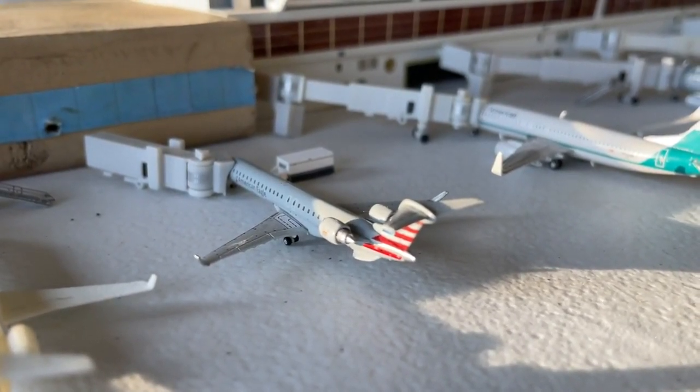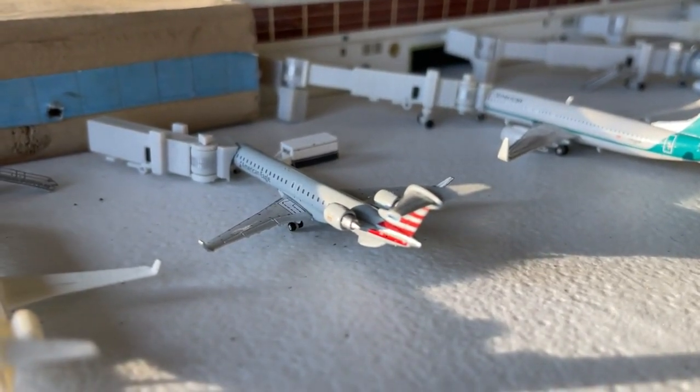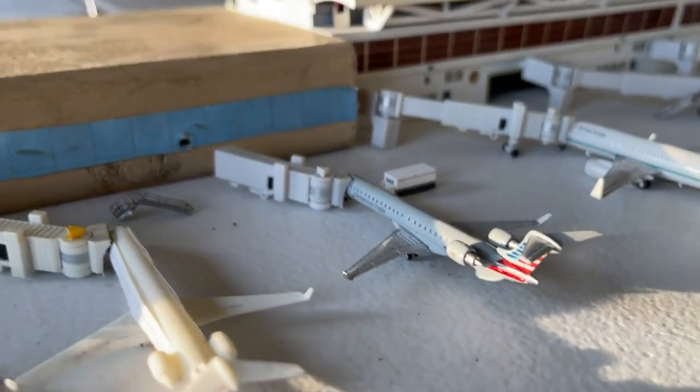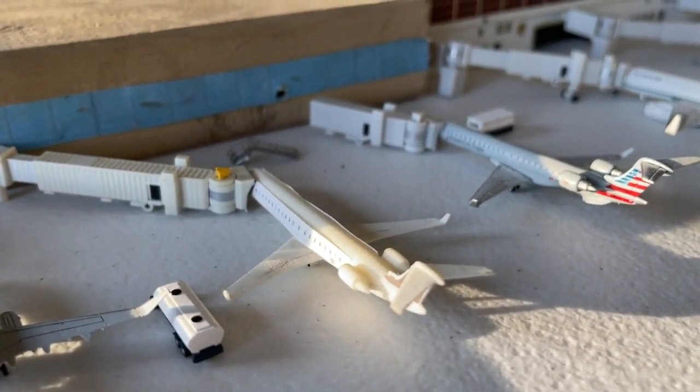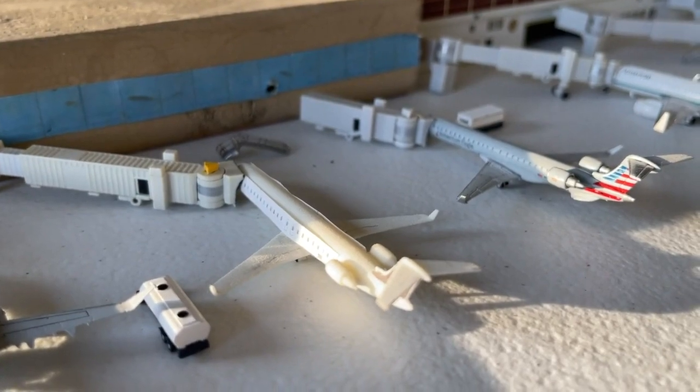That shows you how fast time's flying. This guy's coming in from Sioux Falls, South Dakota. This guy's going to have a continuing flight out to Billings. And here is the Mesa House livery. This guy's currently coming in from Cedar Rapids, and he's going to be continuing over to,